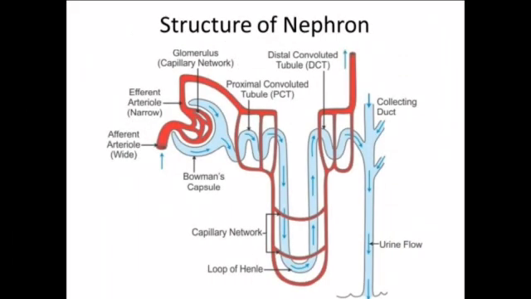Next topic is nephron. Nephron is the structural and functional unit of kidney. Each nephron functions as an independent unit. A nephron has different parts in it. First, Bowman's capsule. This is a cup-shaped structure which is double-walled, in the hollow of which a network of capillaries called glomerulus is present. Glomerulus. This is a mass of blood capillaries with an incoming and outgoing arteriole.